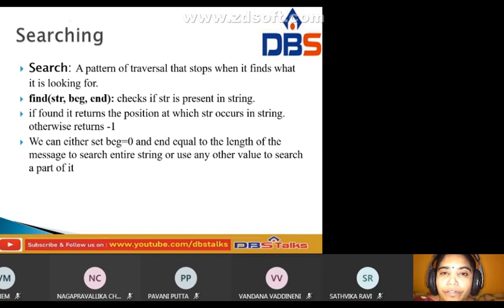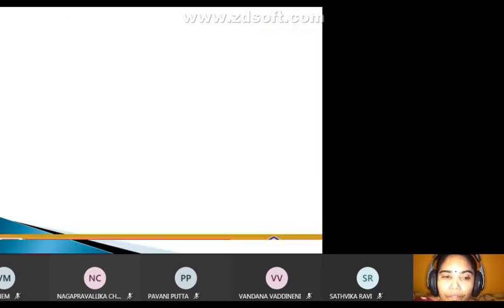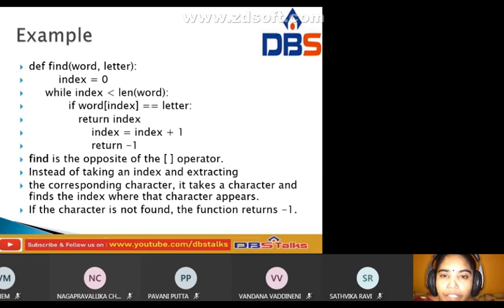Next, this is the example of the search. We use the def keyword to define a function: def find of word, letter.